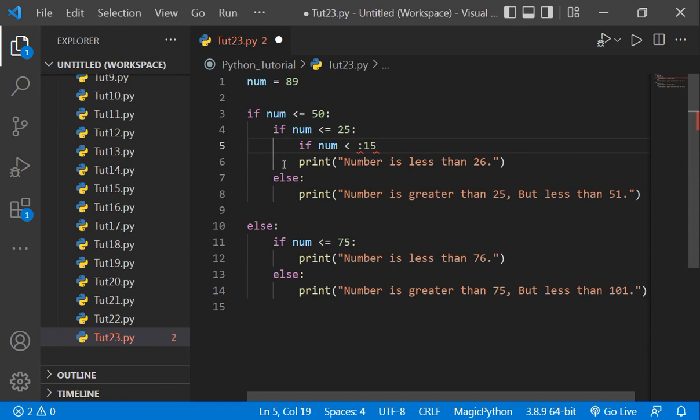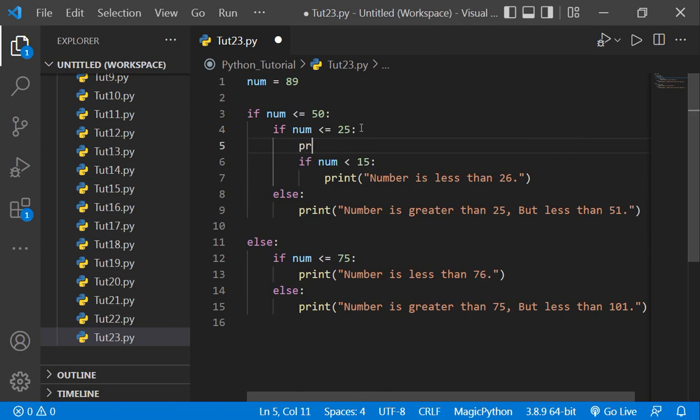Okay, so here, wait a second. So here you can write it like this, or if you want, you can write it like this also. See, copy and paste. Number is less than 15. Okay, so if I write here 12,